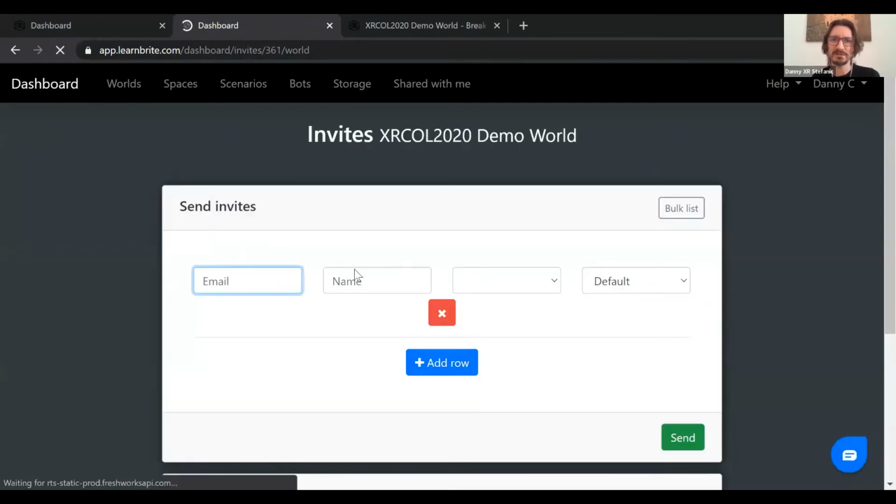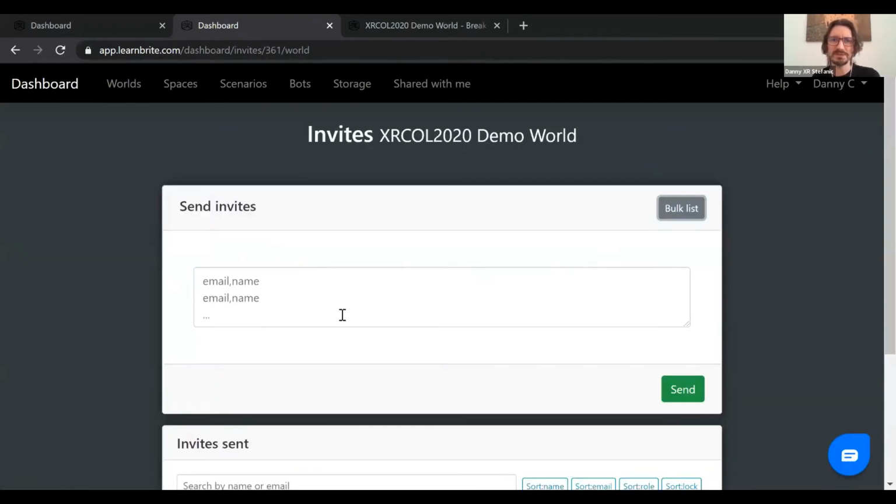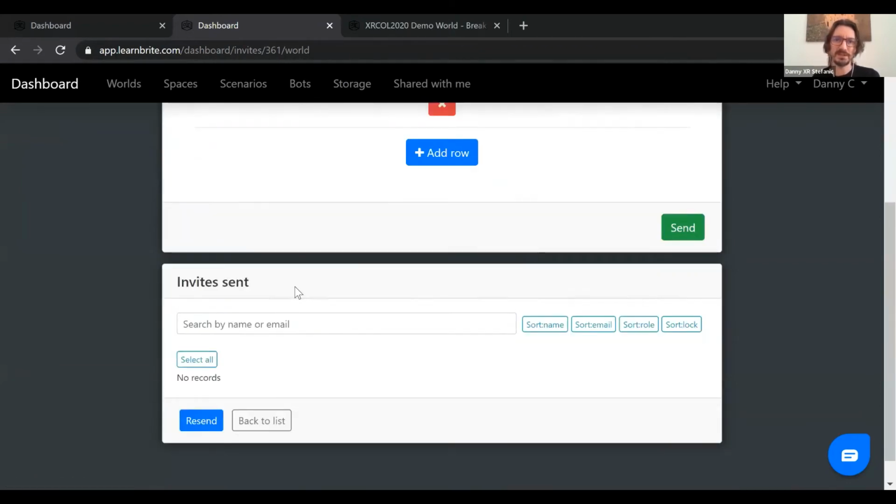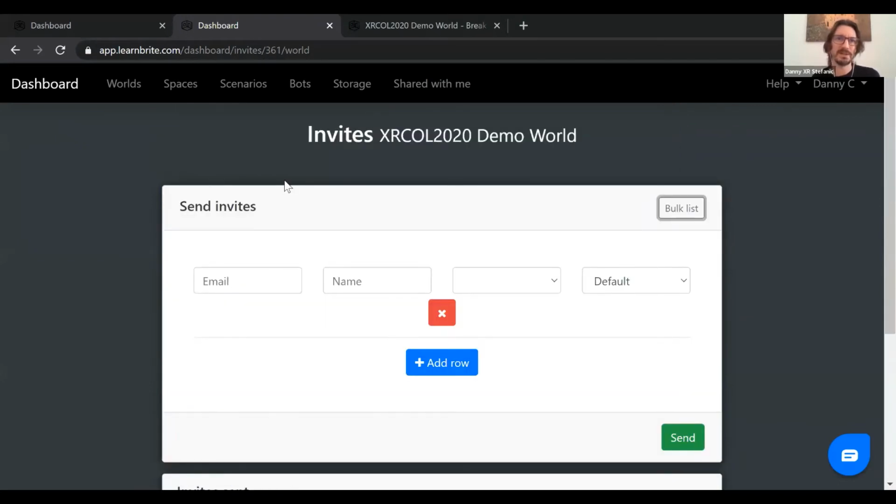And here I can either type individual invites or I can bulk list and just paste a whole list in there and invite them all at once. And then you can see a list of your invitations below, block them, kick them out, manage your invites that way. So building a space and inviting people to it, super simple, really easy. You get that done in a few minutes and a bit more time to decorate your space to suit your event. But then after that, running the event is something that people are just starting to get a handle on